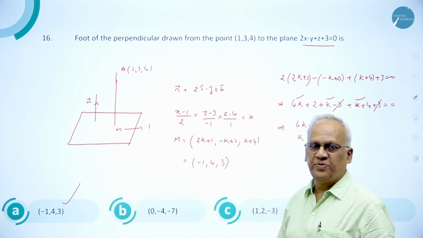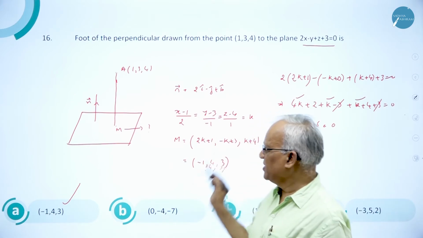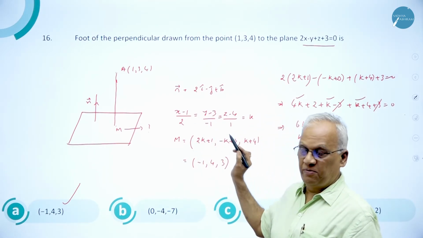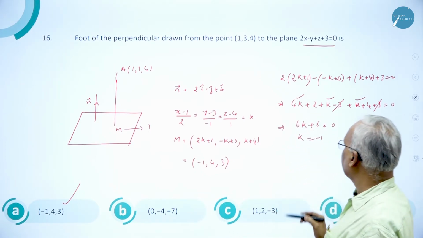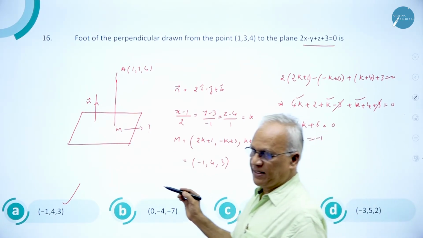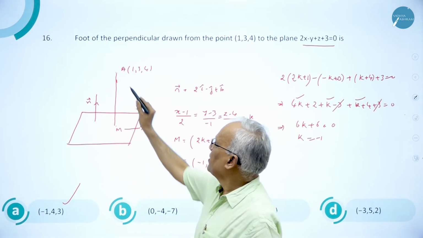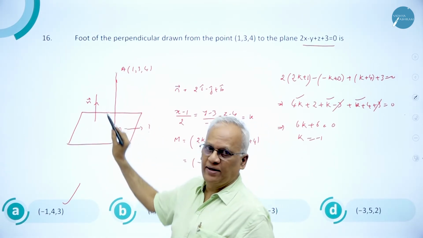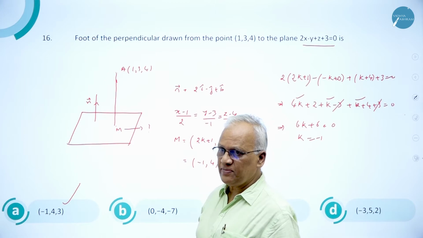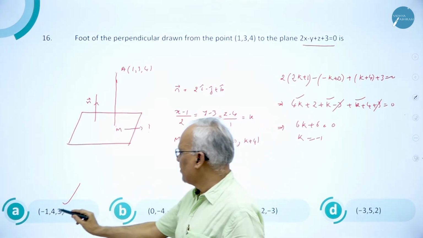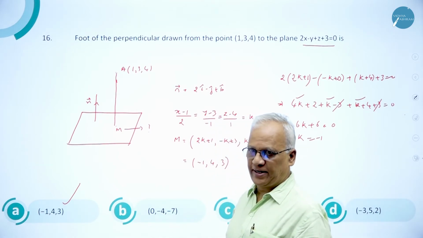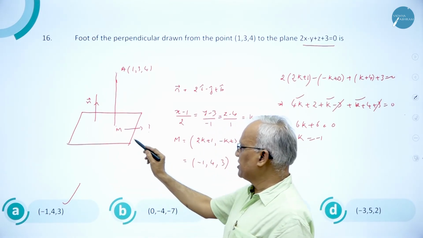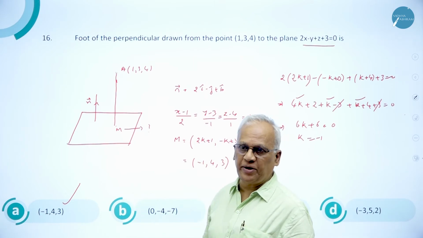But we have one very, very interesting method. See, this is time consuming, though it's a very good method. So to choose one of these answers, we have a very interesting method. But concept is very important. AM should be parallel to N. I use that idea. Or you can say one of these points should satisfy the plane. Whichever satisfies, you have to take it. But suppose there are 2 points satisfying, then which one is foot of the perpendicular, you cannot decide.